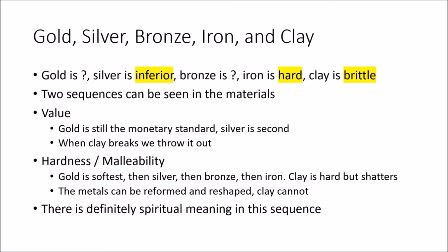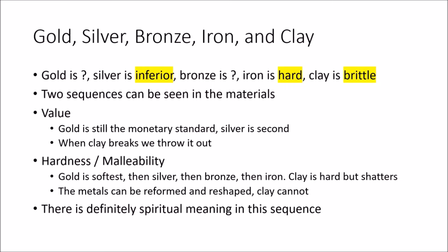Okay, so now we're going to look at these materials that all these kingdoms are described as, because there's a message in there. I mentioned earlier that inferior is in there, and we'll see what else is said. Now, not all of those metals are given a characteristic, but some of them are. It doesn't say anything about the characteristic of gold. I guess you're just supposed to understand what gold is. But it does say silver is inferior, and I mentioned that sets up the understanding that all of these in sequence is going to be inferior to the previous one, each one getting worse.